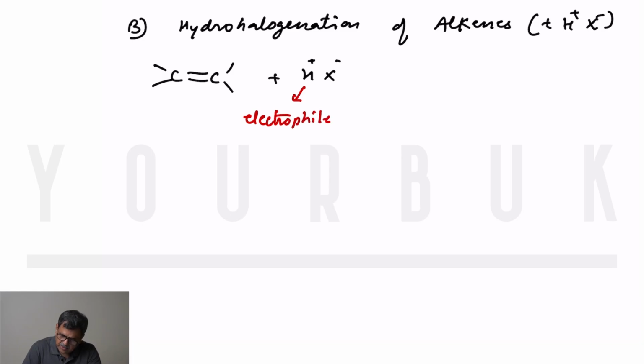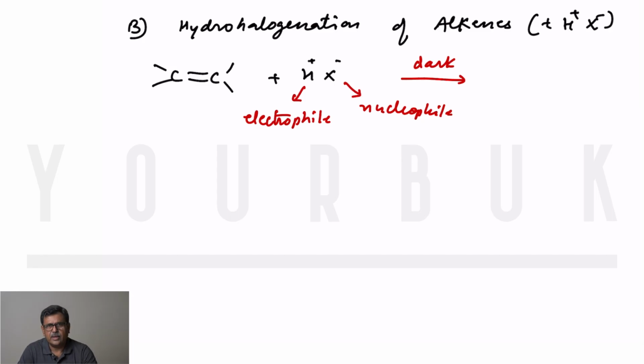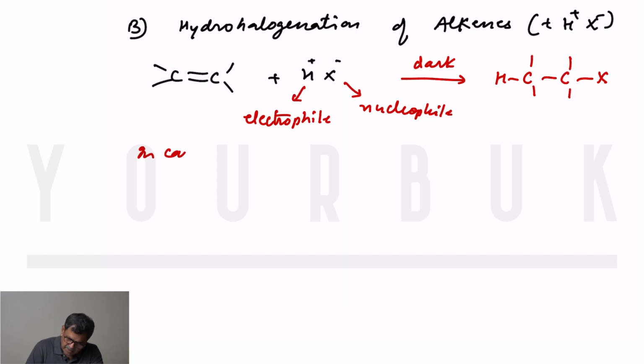Is electron deficient, and X minus is called a nucleophile, electron rich. So this reaction takes place in the presence of dark, and H adds to one doubly bonded carbon and X adds to the second doubly bonded carbon, and the product obtained is the haloalkane. Now if your alkene is symmetrical, in case of symmetrical alkene,